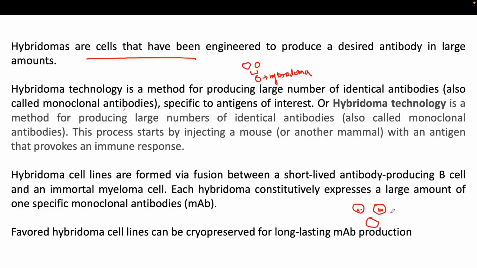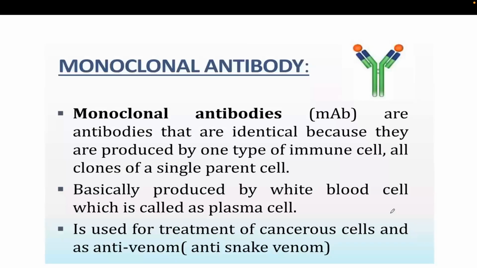Generally we use this hybridoma cell technology for producing the desired product in a larger amount, or we can cryopreserve this product for a longer time. So this technology is generally used for monoclonal antibody production. Now, what is the difference between monoclonal and